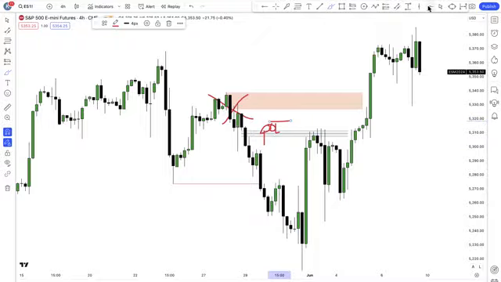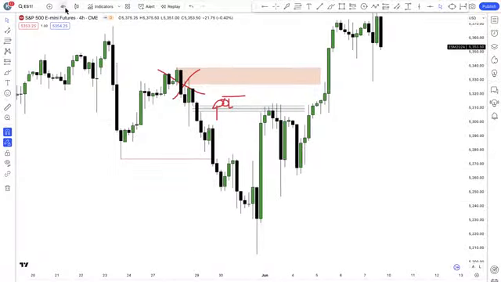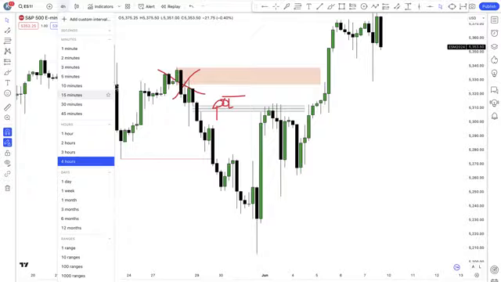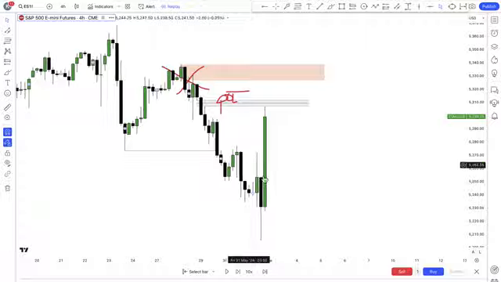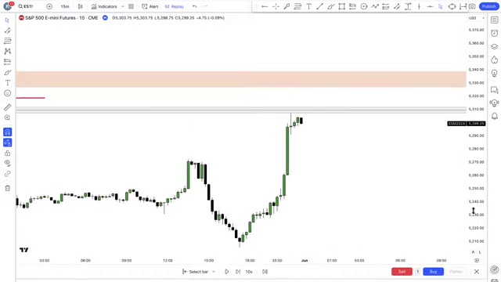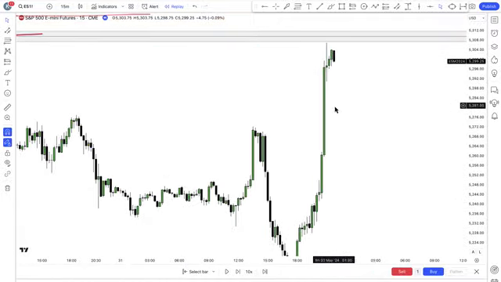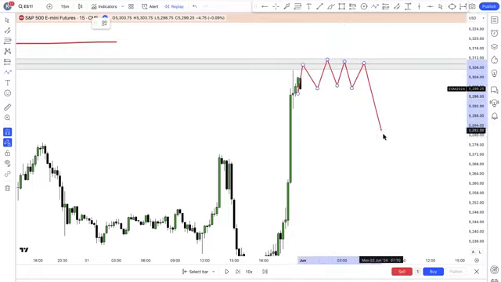All right, POI. And then after going to the lower time frame, the 15-minute time frame, let me just adjust it correctly so you will see what I'm saying. Going to the 15-minute time frame now, you will see everything. This is the 15-minute time frame, and this is my point of interest. As price was coming, I expect to see a shift in market structure in that area. If I don't see it, I have no business selling. I have no business selling it.